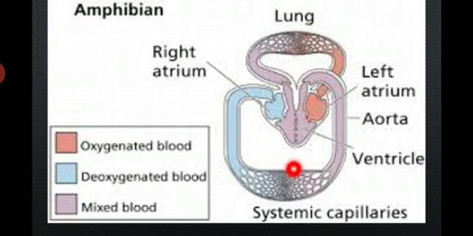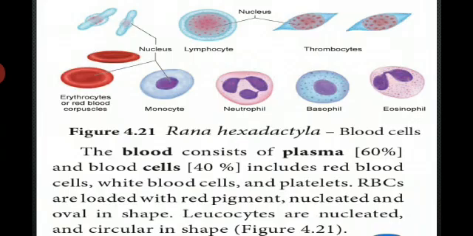Double loop system means the blood goes back to the heart region 2 times before the blood goes through the whole system of the frog's body. Okay, this is very important. You have to see the colors differentiated: oxygenated blood collected from the lungs to the heart, deoxygenated blood collected from the body to the right side atrium and left side atrium, and the mixed blood in purple color. You have to see mixed blood in the ventricle: oxygenated and non-oxygenated blood mixed in the ventricle chamber.